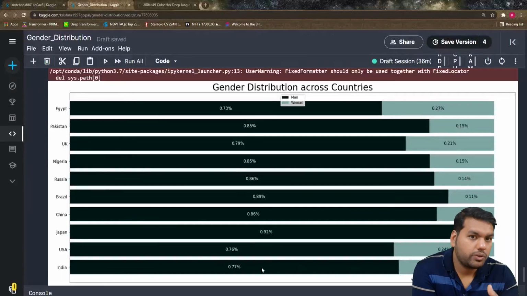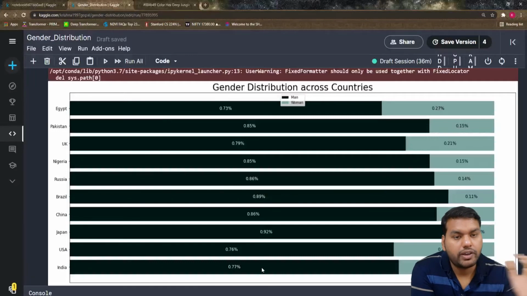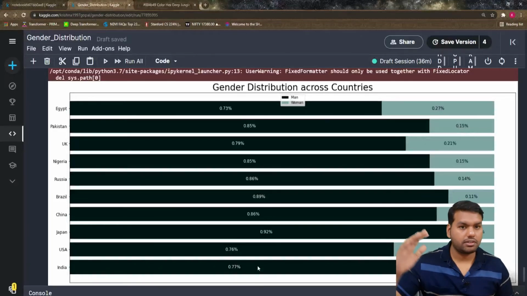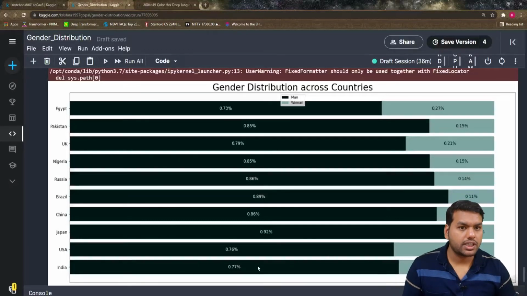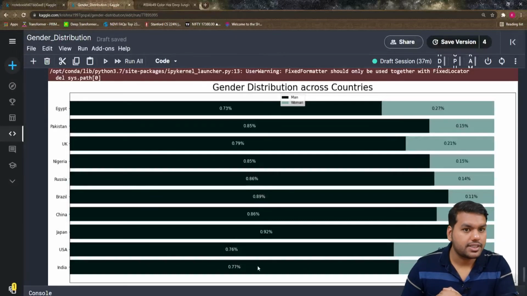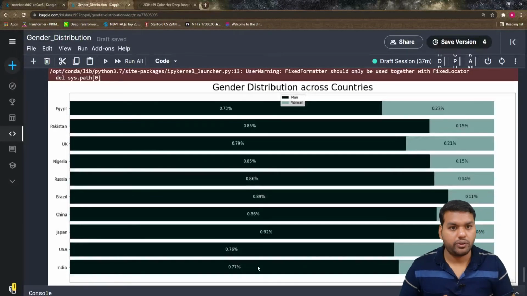So if you are trying to explain this graph to somebody else, you should be very clear about what your graph is telling you. So if I'm seeing, the most men are participating from Japan, but fewer women are from there. So whatever we do in this many steps, in this much code, we don't need to write this much code. We are going to wrap up everything in one function, and that function we can use for any other column as well, and we can see this bar chart.